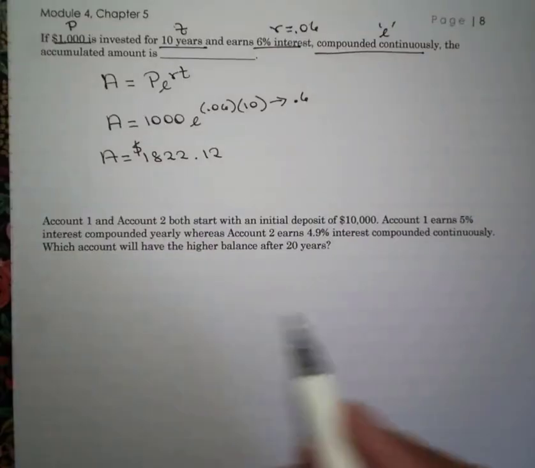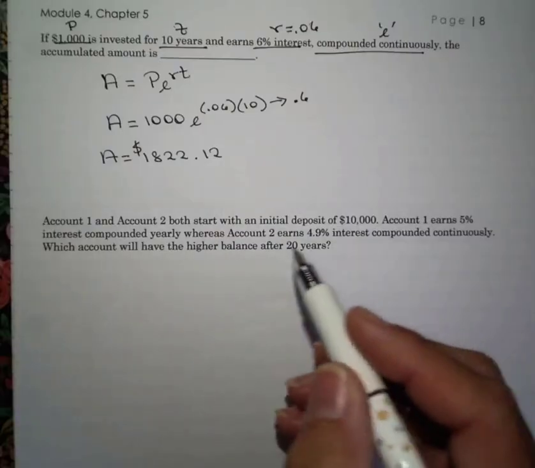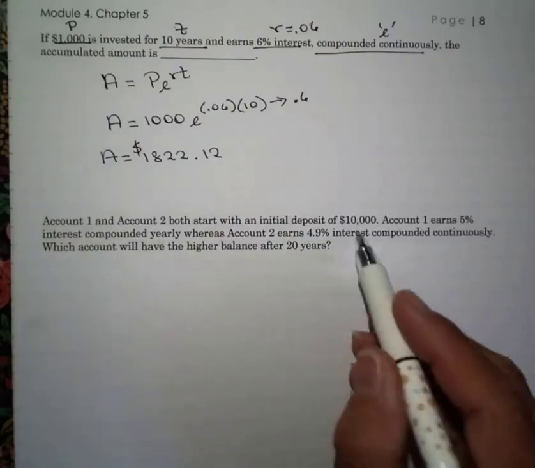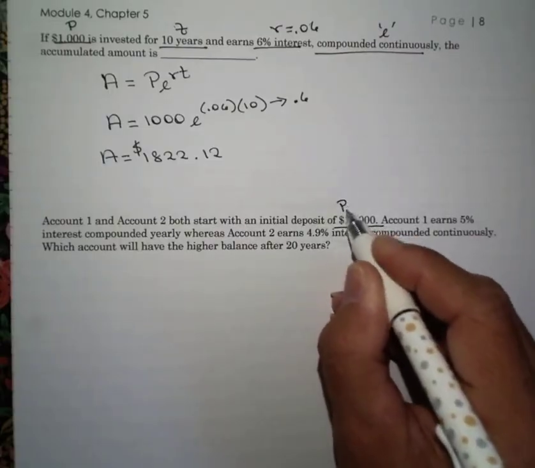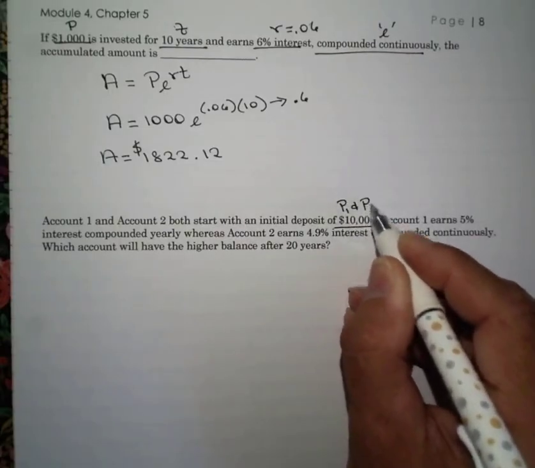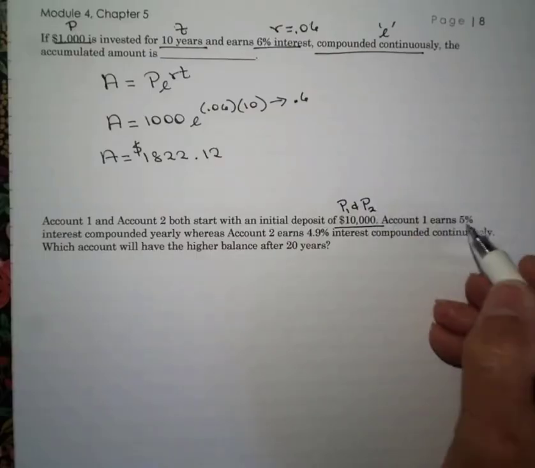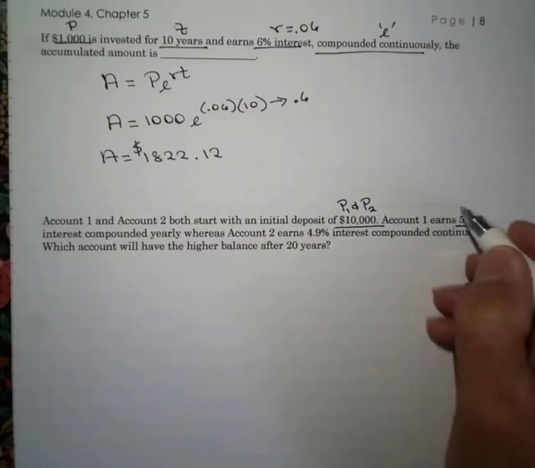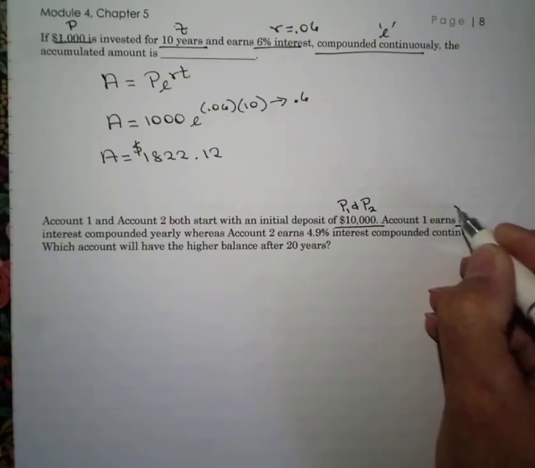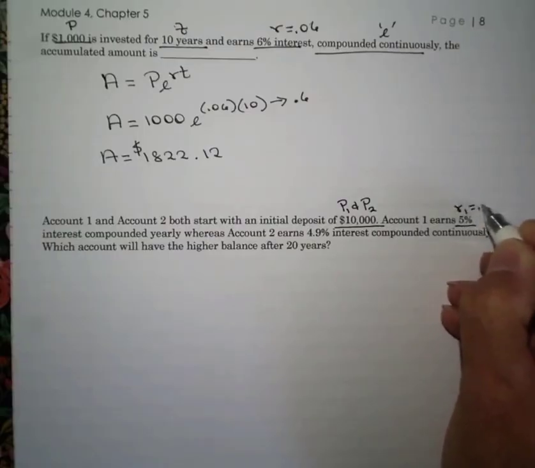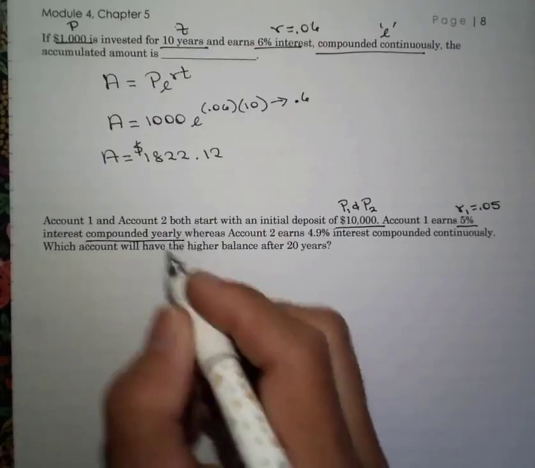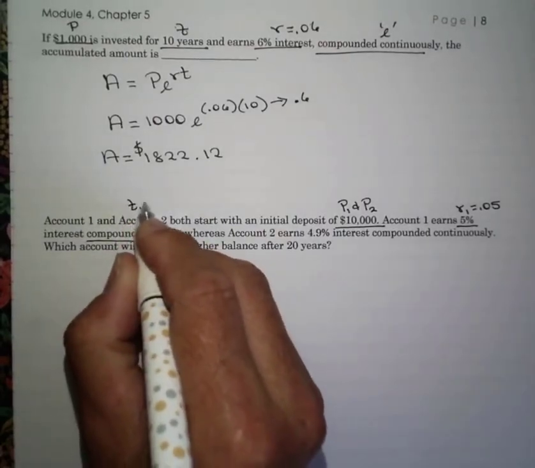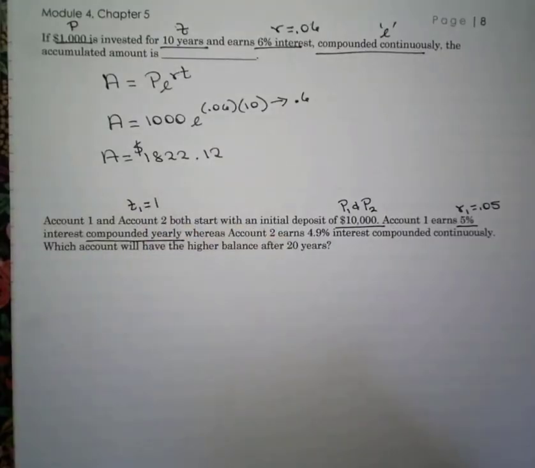So let's take a look at what this one is asking us to do. We've got account 1 and account 2. Both of them have an initial deposit of $10,000. So this is going to be the principal for 1 and the principal for problem number 2. Account 1 has 5% interest, so this is going to be the rate for 1 is equal to 0.05, and it's compounded yearly. So that's the time for number 1 is equal to, it's only going to be compounded once